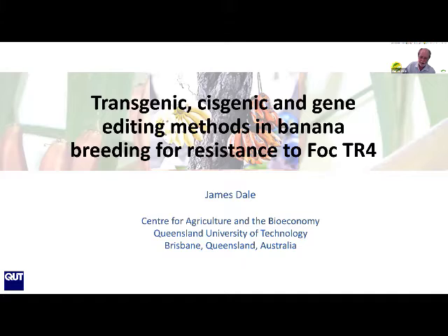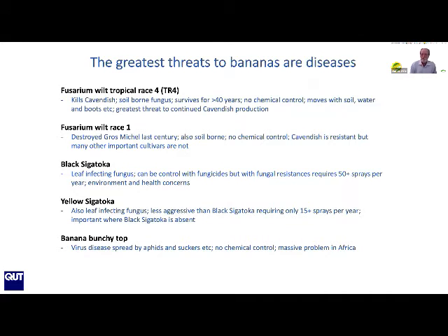So the topic I'm going to talk about today is transgenic, cisgenic and gene editing methods for banana breeding for resistance to tropical race 4. But remembering that we'll be able to use these same technologies for other traits, other disease resistances, and other traits such as fruit quality. So if we look at what are the really huge threats to banana diseases,